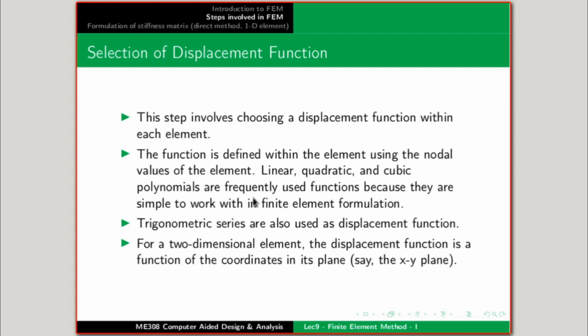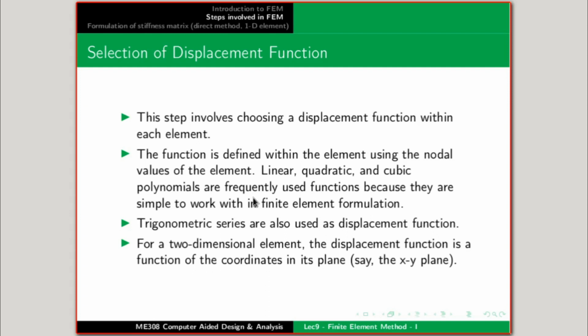Next, selection of displacement function. As pointed out earlier, FEM is not an exact mathematical method. Rather, it is an approximate numerical method. Solution of the structural analysis problem involves determination of stresses and strains at various points within the body or the structure. Determination of strain involves calculation of displacements. So displacements are the primary unknowns in a structural analysis problem. Hence, an important step in FEM is selecting a mathematical function which approximates the displacement within an element.